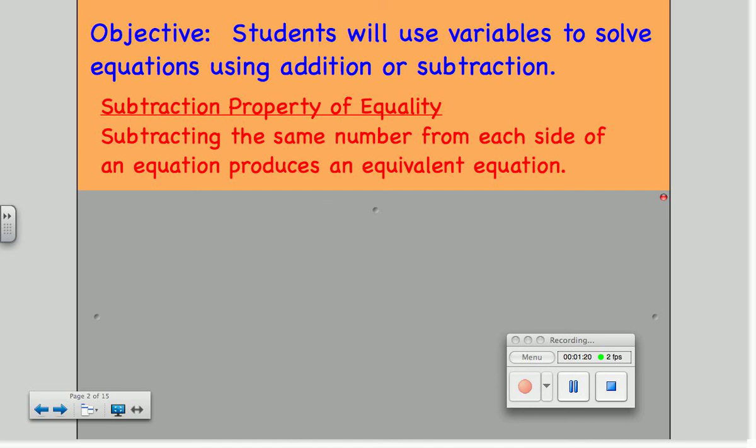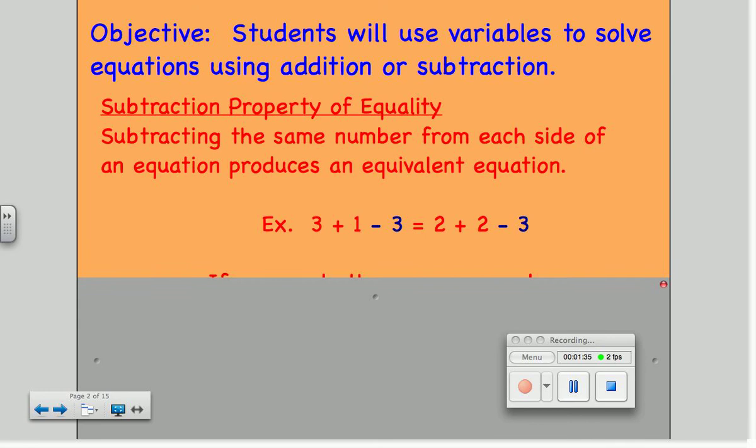The subtraction property of equality says that whatever you subtract from one side of an equation, you must subtract from the other side to keep that equation equivalent, or to keep it equal. So, this looks like this. If I have 3 plus 1 on one side, that's 4. And I have 2 plus 2 on the other side, that's also 4. Well, if I subtract 3 from the left, I'm also going to have to subtract 3